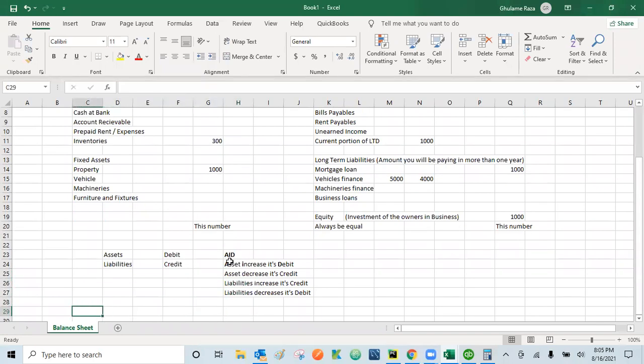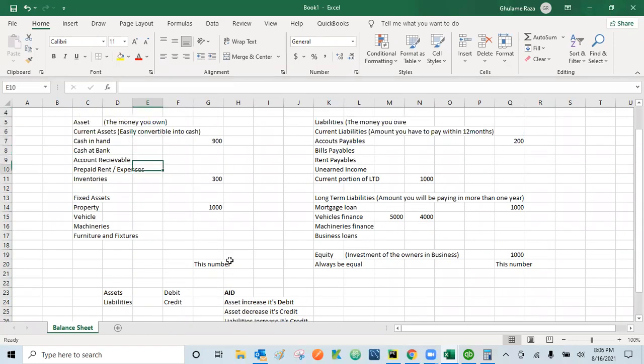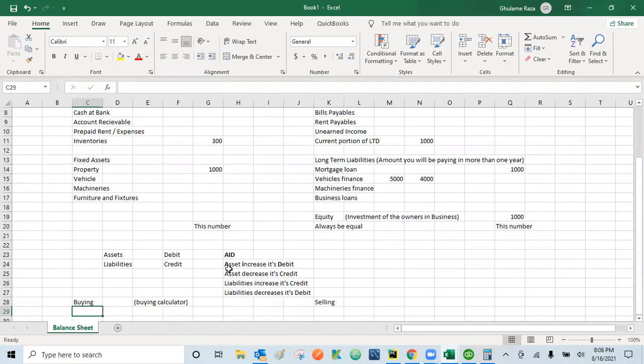Let's do two transactions, one for buying and one for selling. So let's say you are buying in this place and you will be selling in this transaction. So let's do a transaction of buying a calculator. If you are buying a calculator, what is the impact? Calculator is an asset, right? So your inventory will increase. When you buy a calculator, your inventory increases, which means your asset is increased. When the asset is increasing, it's a debit. So calculator